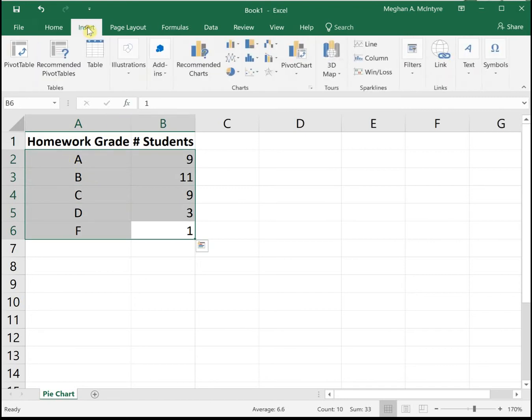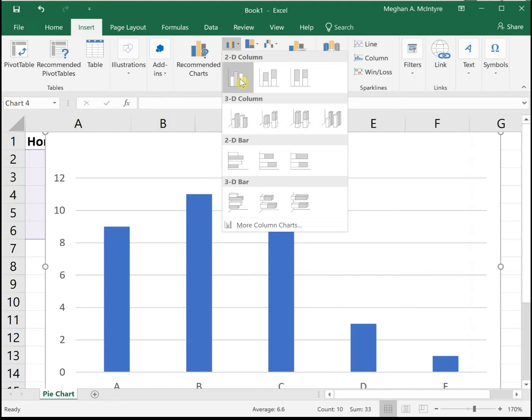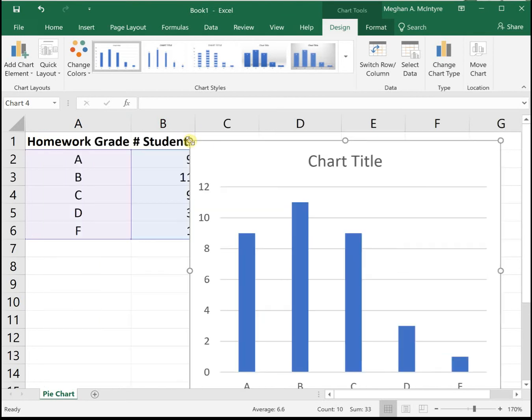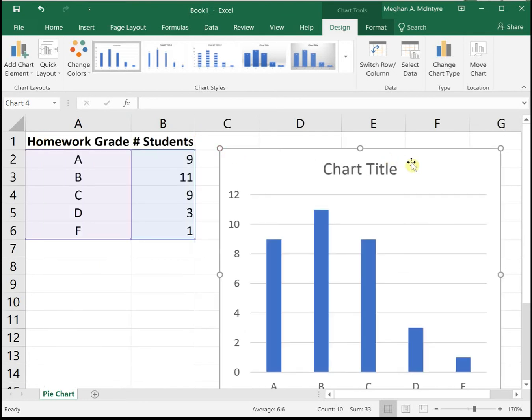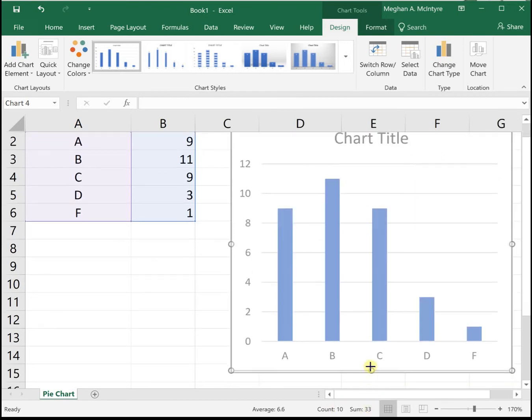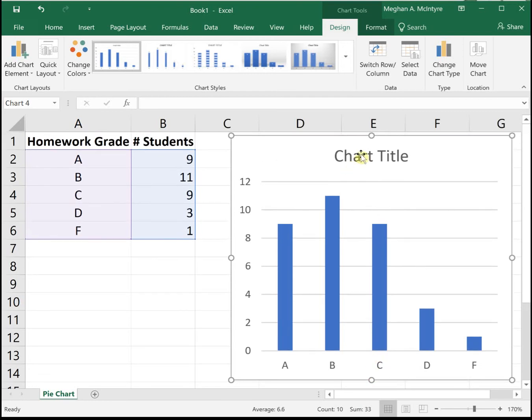I'm going to go up to Insert, and I'm going to pick the very first 2D column chart option. I'm going to use vertical columns for this graph. I think they look better. Make it a little bit smaller so it all fits on my screen here. So it looks pretty good in the sense that we have a title, or we have a place to put